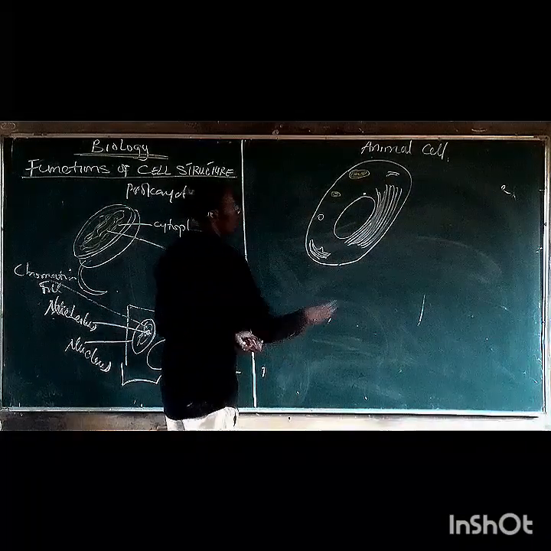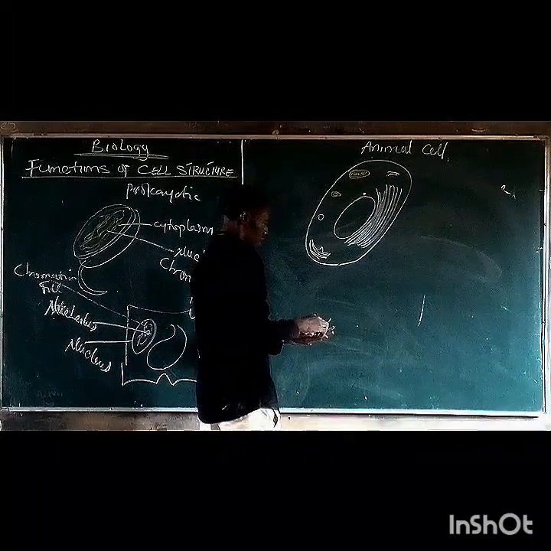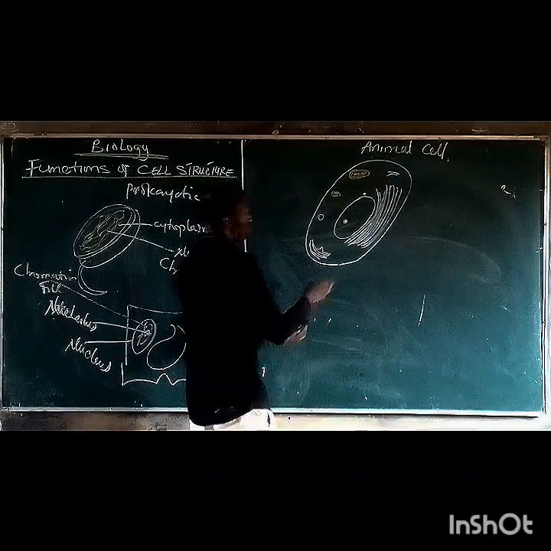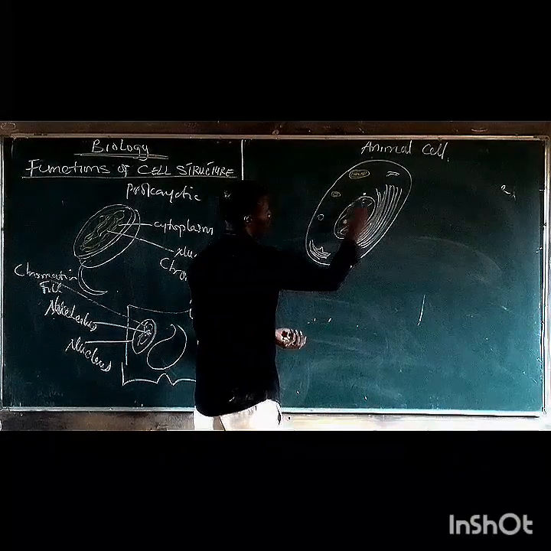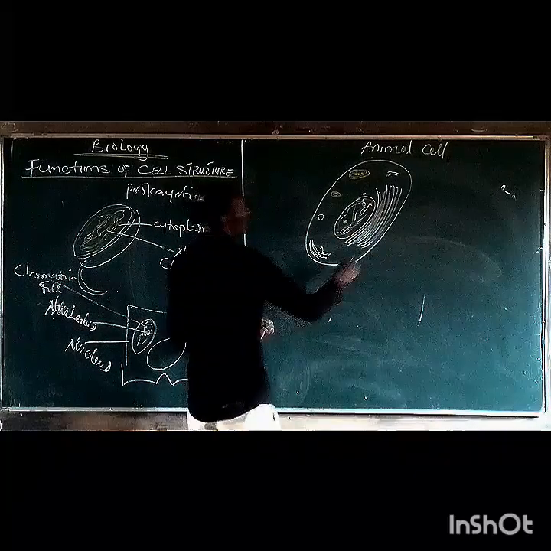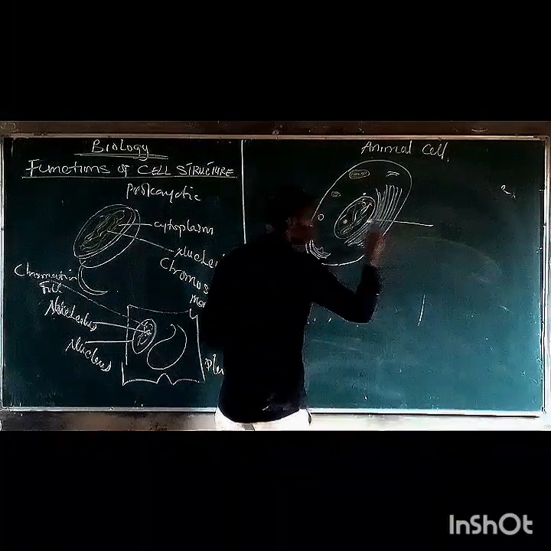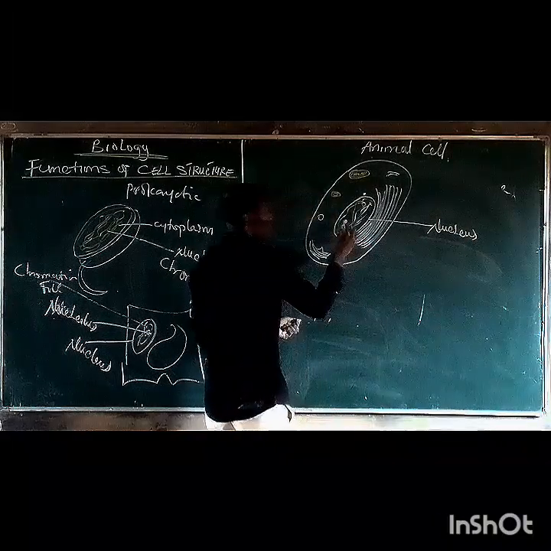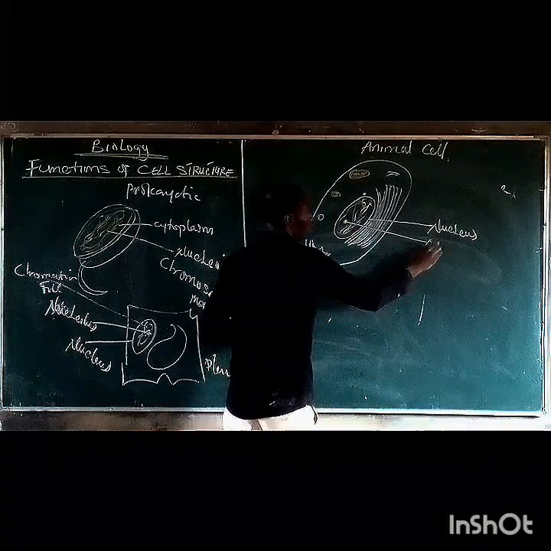Okay, now let's label the one we have. So we can have maybe over here. Now we can have some chromatin. Now over here, the first thing to label is the nucleus. Another one inside the nucleus is the